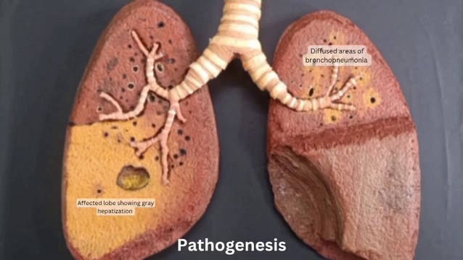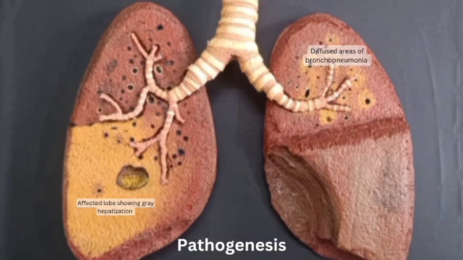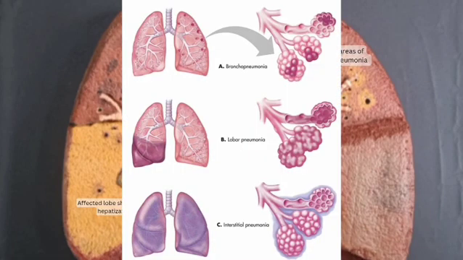Pathogenesis. Lung parenchyma is normally sterile because of several immune and non-immune defense mechanisms. Despite this, lungs are susceptible to infection because of inhalation, and even in healthy individuals, nasopharyngeal flora is subjected to regular aspiration during sleep. Pneumonia can be classified on the basis of etiological classification and anatomical classification. Anatomical classification is further divided into bronchopneumonia, lobar pneumonia, and interstitial pneumonia.